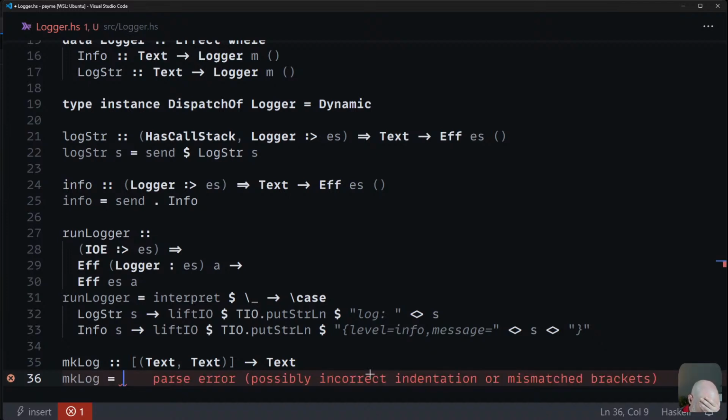And what do we want to do? We want to take each of these, each thing in that tuple, and we want to turn it into the key quoted equals the value quoted. So we can map